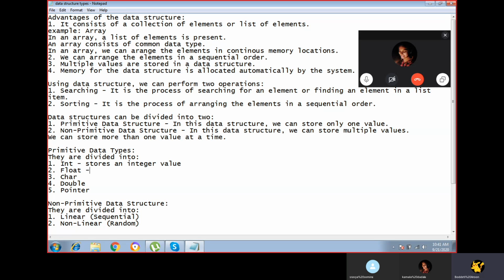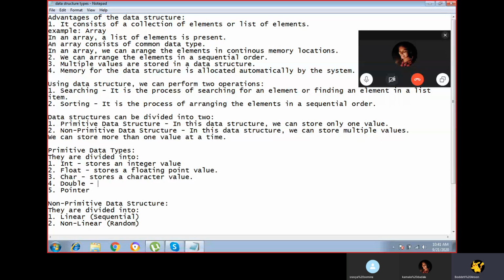Whereas float stores a floating point value, a decimal value. And char stores a character value; the item inside the variable will be a character value.